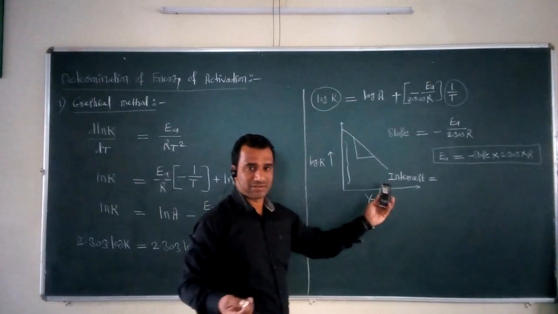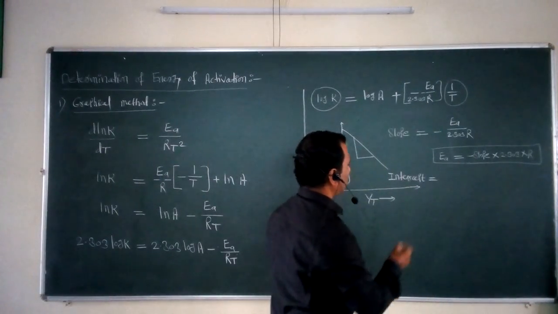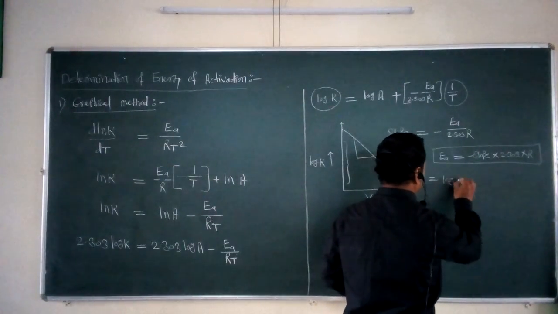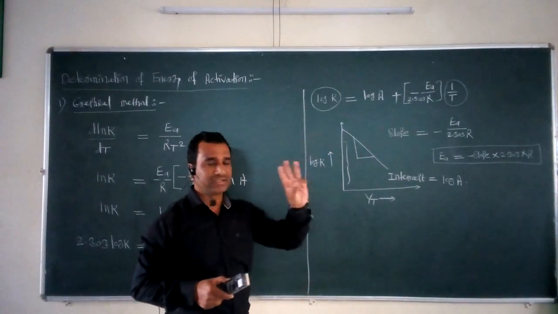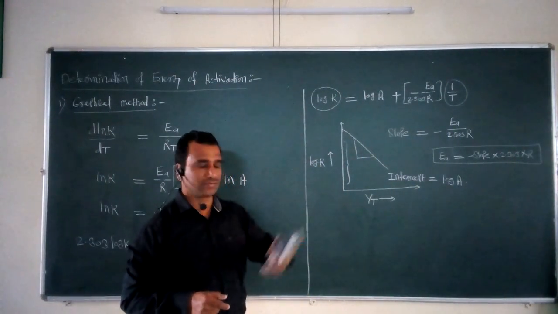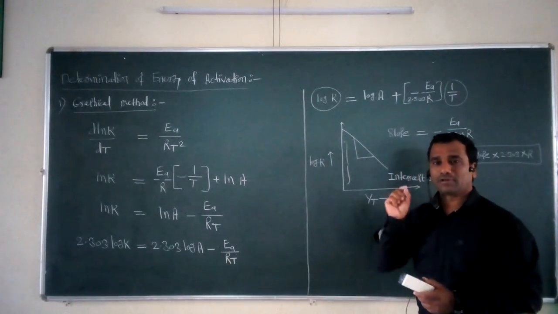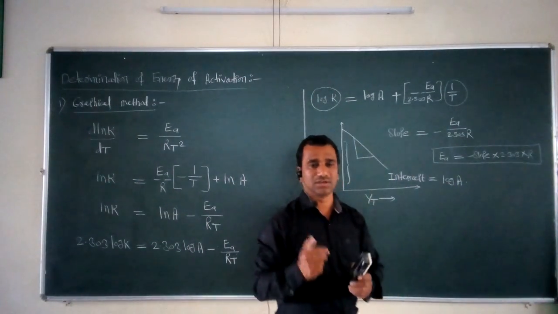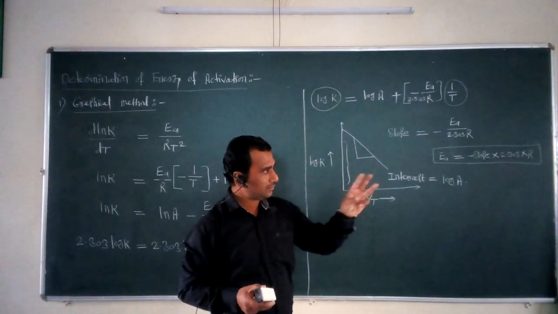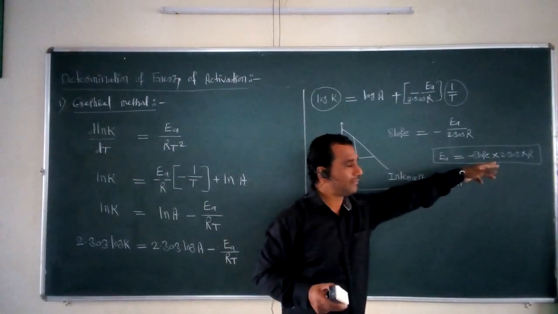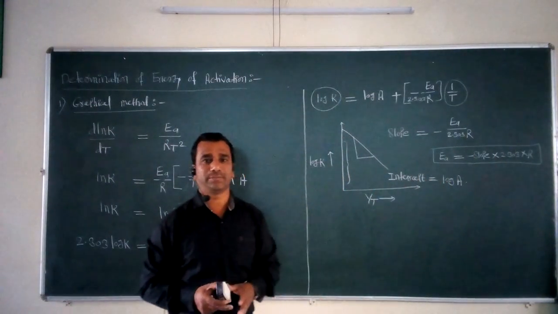And the next remaining value is the intercept. So what is the value of the intercept? It is equal to log A. So if we plot such a graph, we will get two different values: one for the slope, the second for the intercept. Once we obtain the slope value and the intercept value, it is very easy for us to calculate the energy of activation with the help of the slope, and the remaining term is the gas constant. So it is a very simple method for determination of energy of activation.